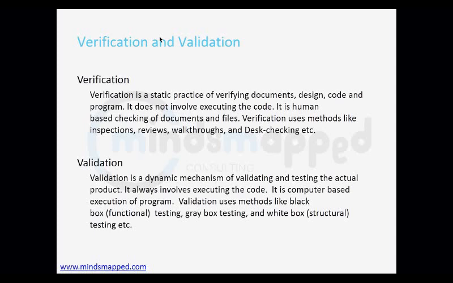As a tester, we just have to understand the client requirement document: this is what we are doing, this is what the application is supposed to do. We do not actually execute any code. We just verify the document and understand the requirement. If we have any doubts, we go back to the client and ask for a clear understanding of the requirement. Once we understand it clearly, we come back and write the test cases for it.